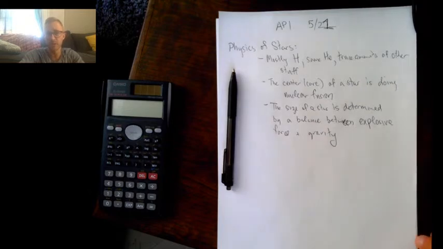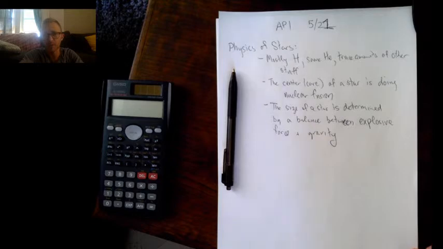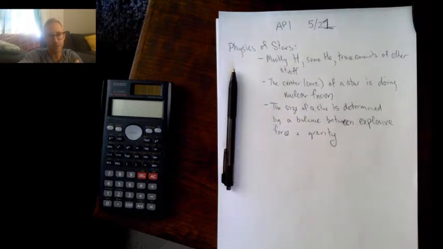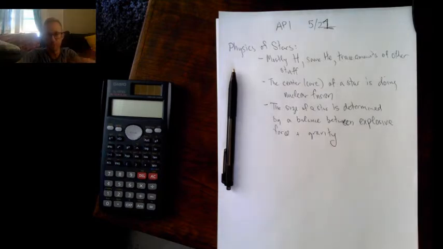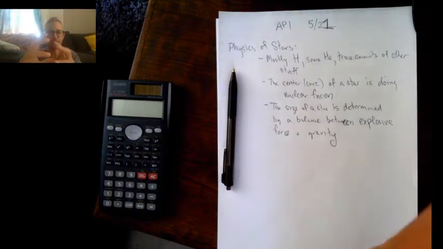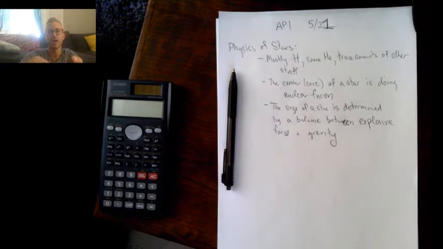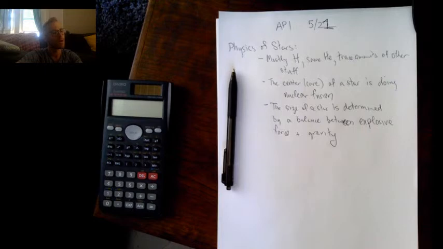You could think about the sun as a continual explosion that's being contained by gravity. If we were to flip off gravity and have no gravity, then the explosion would win and the star would just get bigger and bigger and bigger. But of course, as it gets bigger, the density of the core is reduced, and so you have less fusion happening. So the star would burn itself out if gravity were turned off.